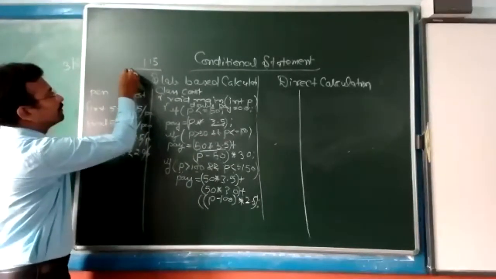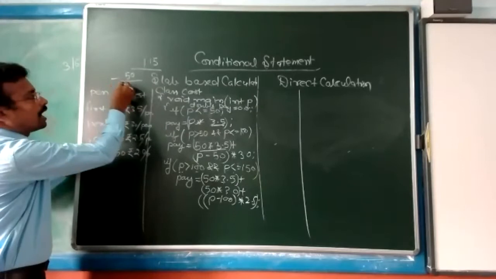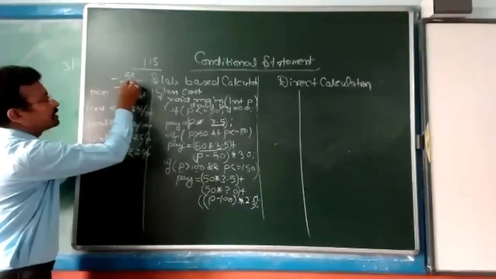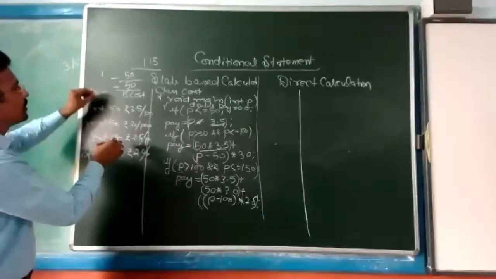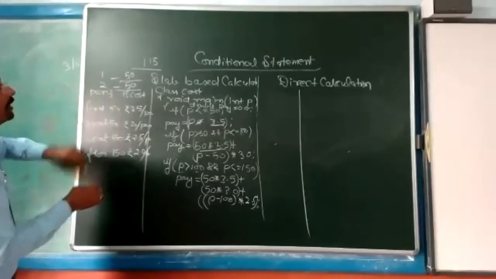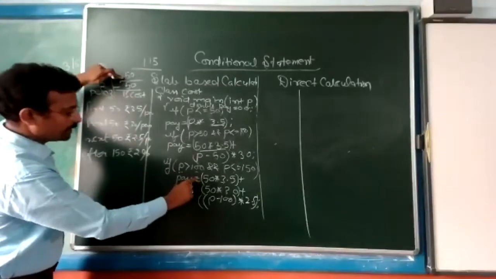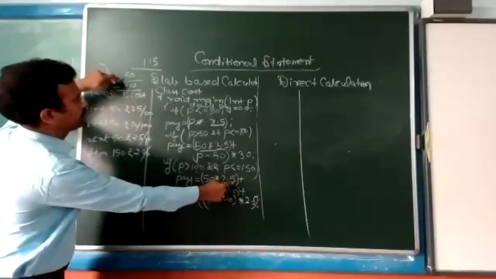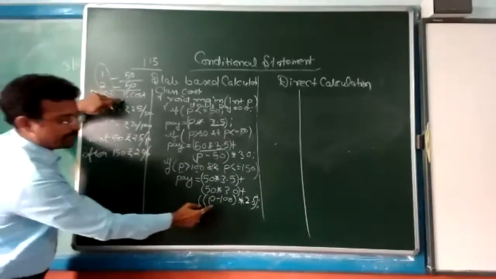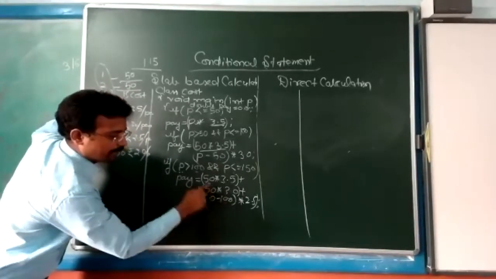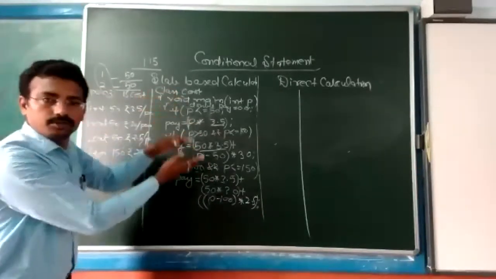First 50, then how much remains? Whatever comes, that will be subtracted from 50 and then finally the remaining 50. So now see, this is the first one, this is the second one, and this is the third one. This way, these 3 criteria will be calculated. First criteria 50 into 3.5, second criteria 50 into 3 rupees, and third criteria 15, that is 115 minus 100, into 2.5. So this way your slab is going to increase.